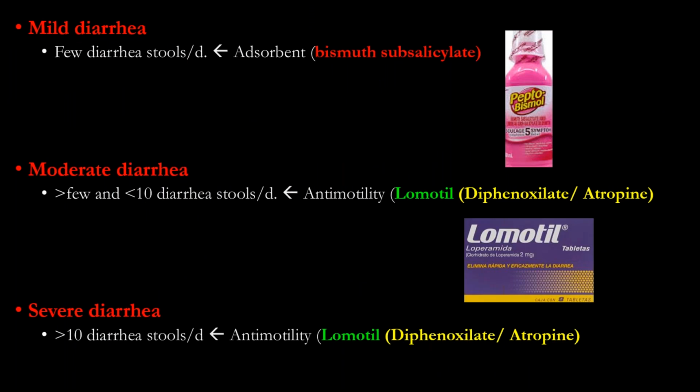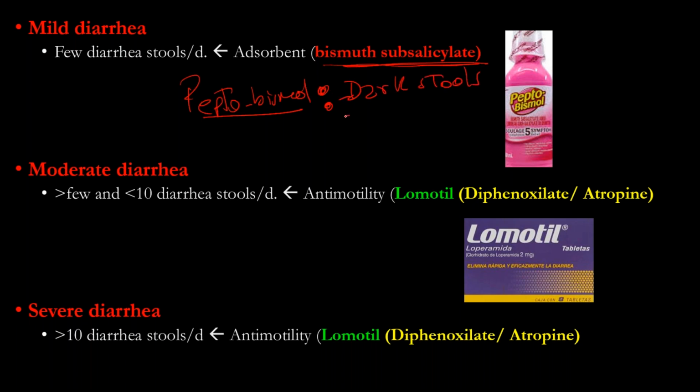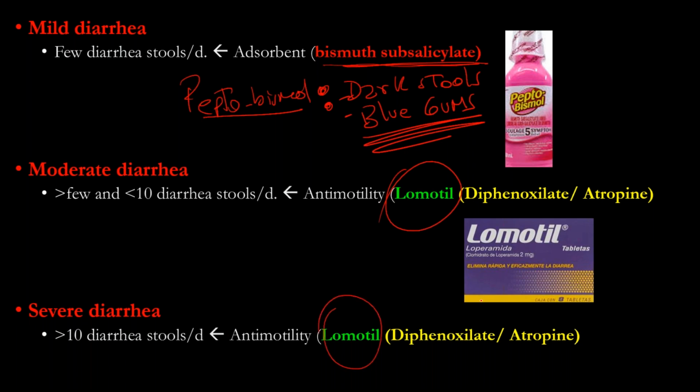Diarrhea, you're going to classify diarrhea as mild or moderate. For mild we have bismuth subsalicylate, that is Pepto-Bismol, for diarrhea. It can produce dark stools and blue gums. Okay. So for moderate or severe diarrhea, we are going to use Lomotil, that is